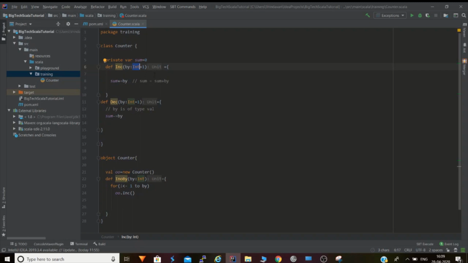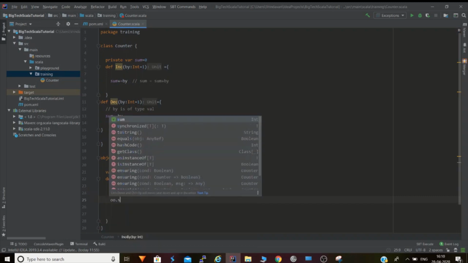So by default it will take 1. Suppose we remove 1 over here, you can see we get a compile time error that it is expecting at least one argument to be passed. But when we give a default and you don't pass it, it will take the default. I hope that concept is clear.